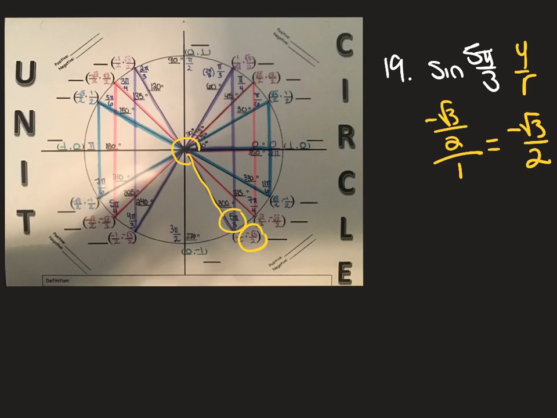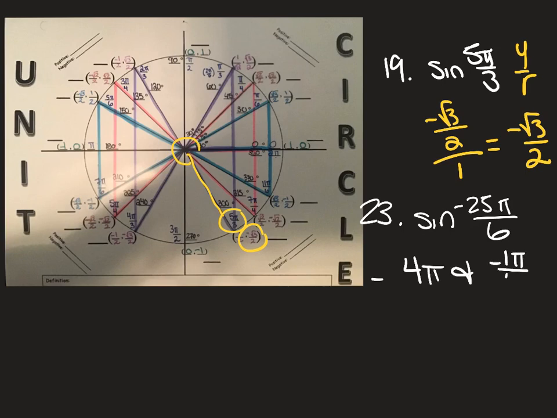Let's try 23. 23 says sine of negative 25 pi over 6. So again, we're going to have to clean this up a little bit. 6 goes into 25 4 times, so I have negative 4 whole pies, and then I have 1 left over, so negative 1 pi over 6. So I'll do red for this one, I'll color code with some red. So negative 4 pi, so 1 negative pi, 2 negative pi, 3 negative pi, 4 negative pi, but I still